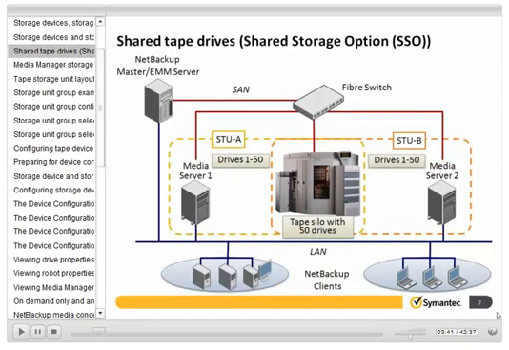Next, we're going to talk a little bit about shared storage option, or what's commonly known as SSO. As we mentioned before, this is how our lab environment is going to function for class. On here, we now see the same exact scenario. We still have a master server, EMM, attached with the fiber switch and the 2 media servers with the same tape silo with the 50 drives. But the way that we've actually zoned the switch and the media servers, both media servers can actually see and